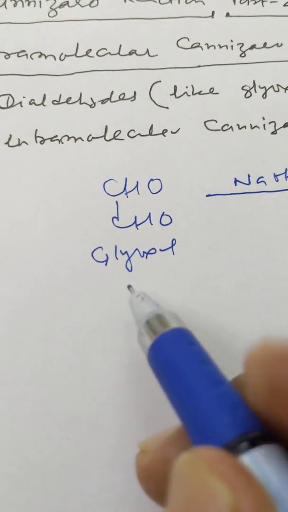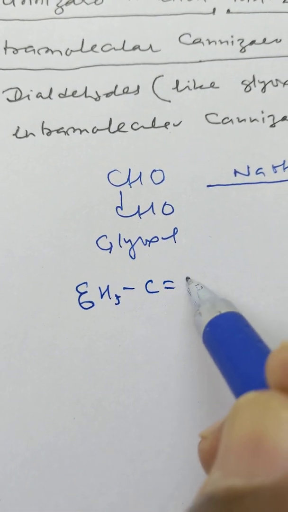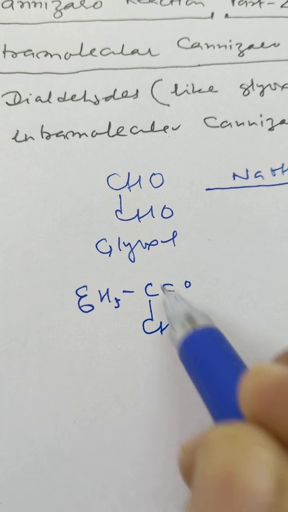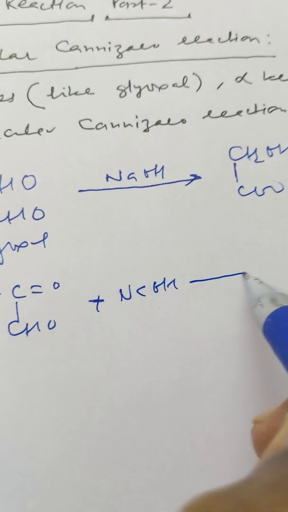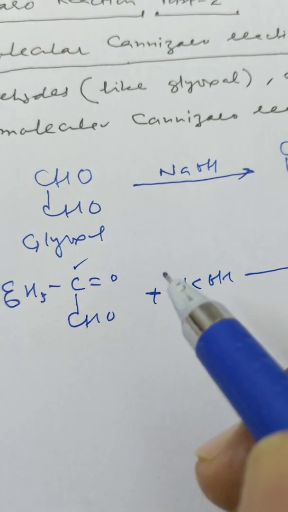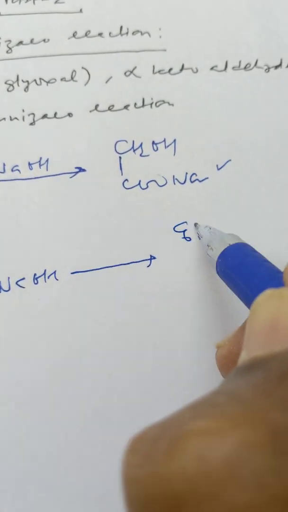Let us take one more example for this. Say alpha ketoaldehyde will also give this reaction like this. Now this is alpha ketoaldehyde. This on treatment with NaOH. Now this keto group is reduced, because this is keto, it is reduced to secondary alcohol. So we will get